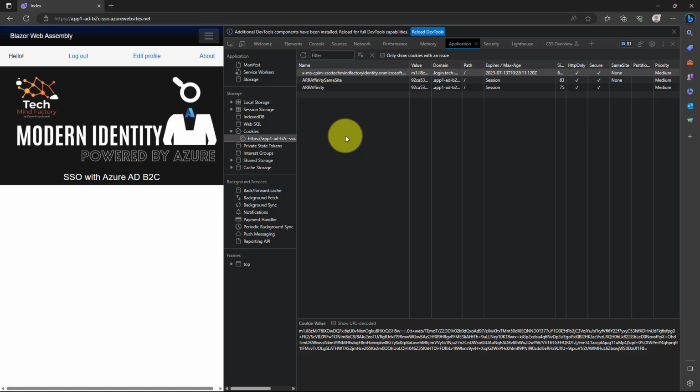Last thing, managing session on the application side. As I mentioned, there is session cookie, obviously dropped by the Azure AD B2C, but also application can have its own session, like we saw here in this demo. We had a set of tokens like refresh token and ID token, and we can use those tokens to control the session on the application side. It means that even if the session cookie expired, the one for the Azure AD B2C, but we still have valid tokens and still valid refresh token, we can still use it to obtain new set of tokens for our user. So it's really important to make sure that we understand those